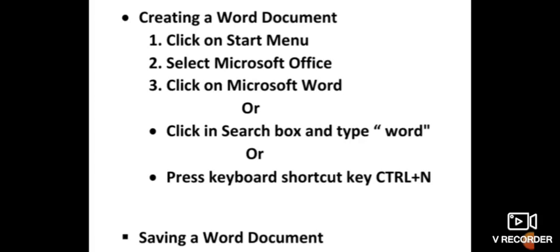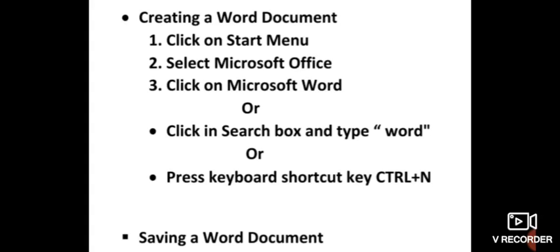For opening a Word document, we can also use a shortcut key and the search option. Either we go through Start menu or we click on search box and simply type Word and press enter key. As we type Word and press enter key, Word document will open. Or we can press keyboard shortcut Ctrl+N to open a Word document.